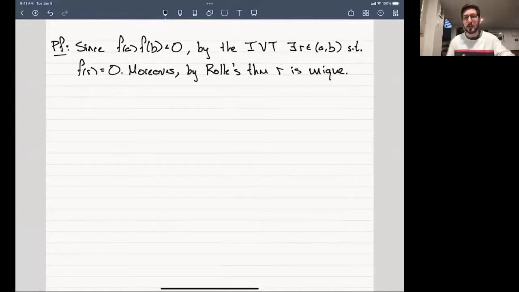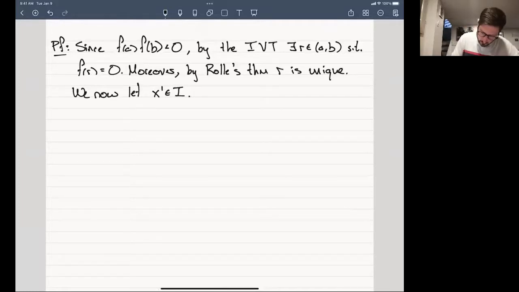Okay, let's now proceed. Let's start actually looking at the sequence that's generated. So let's call it just x prime be an element of my interval, be arbitrary. We're going to do this for every single element of the interval. So by Taylor's theorem,